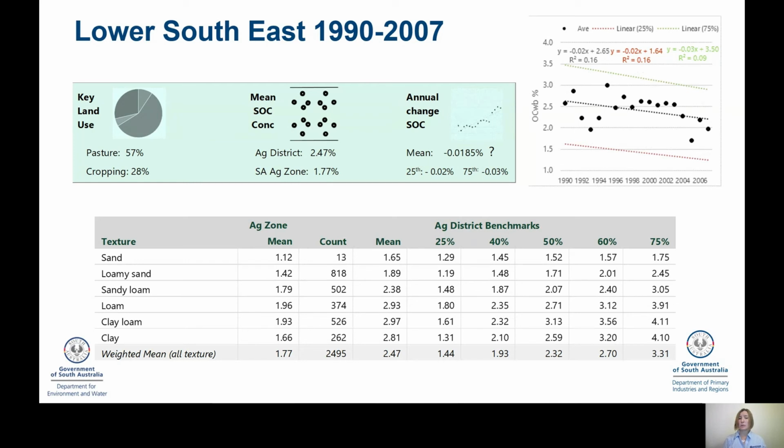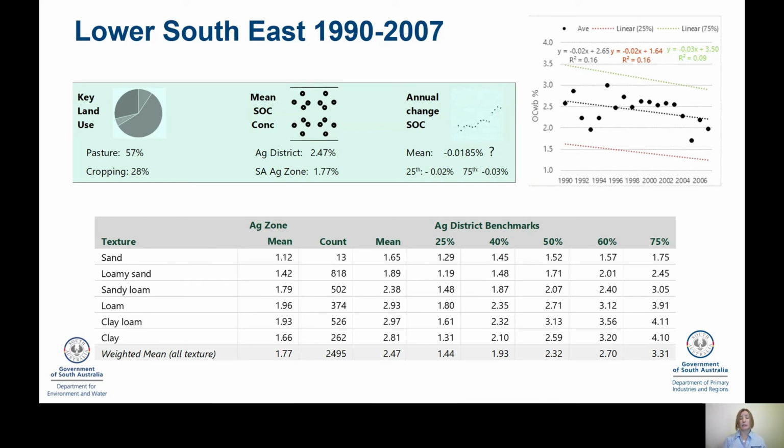And it's interesting to talk to people about what these values could be. So it's been suggested that it may have been the changeover from pasture to cropping soils. There may be a lot of other reasons. So we will be doing some more benchmarking in the southeast a little bit later on, and hopefully we'll be able to understand some of these.